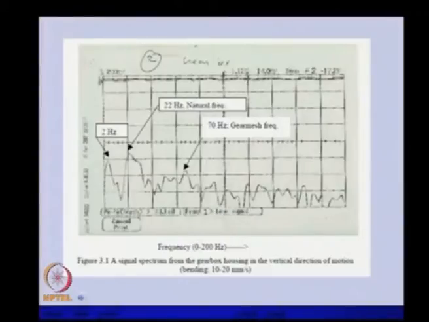the failure. In this we were able to find some of the frequencies which were natural frequencies of the system, because in several plots they were appearing and disappearing. Whenever there was excitation close to them, they were appearing, and otherwise they were not appearing. One of the gear mesh frequencies was here. This was a typical low frequency peak which otherwise should not have been present, and we found this was